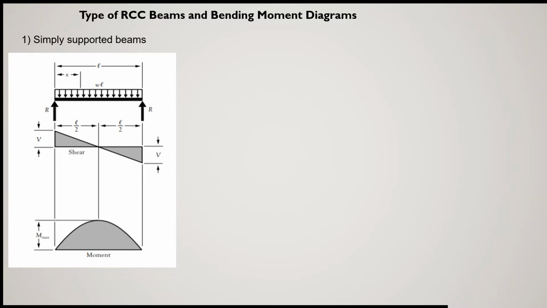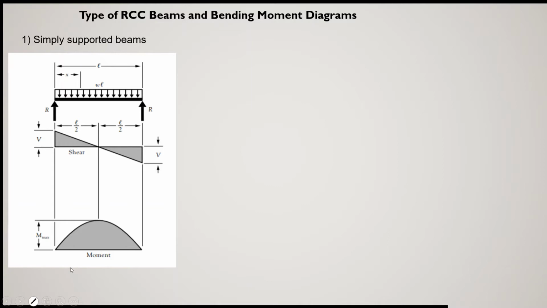Correspondingly, if the simply supported beam is subjected to UDL, then you are aware that this first diagram will be the shear force diagram. That means shear force will be 0 at the center and maximum at the supports. So supports are more critical in case of shear. And if you see the bending moment diagram,